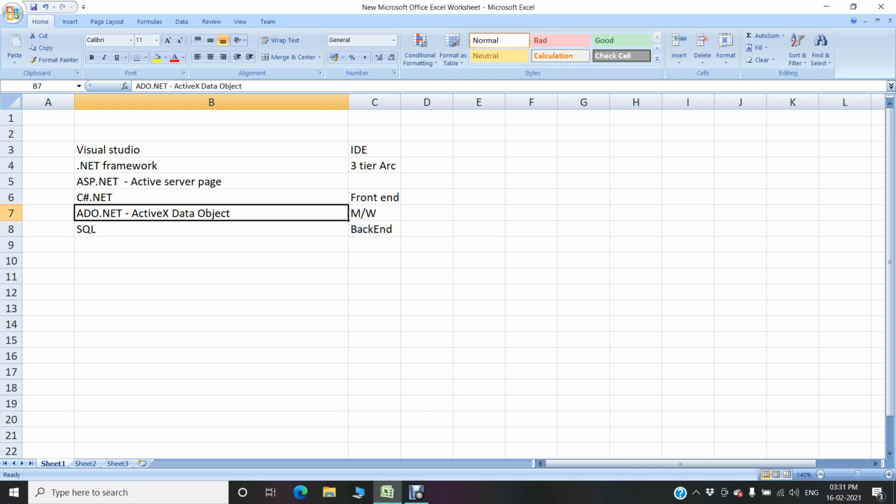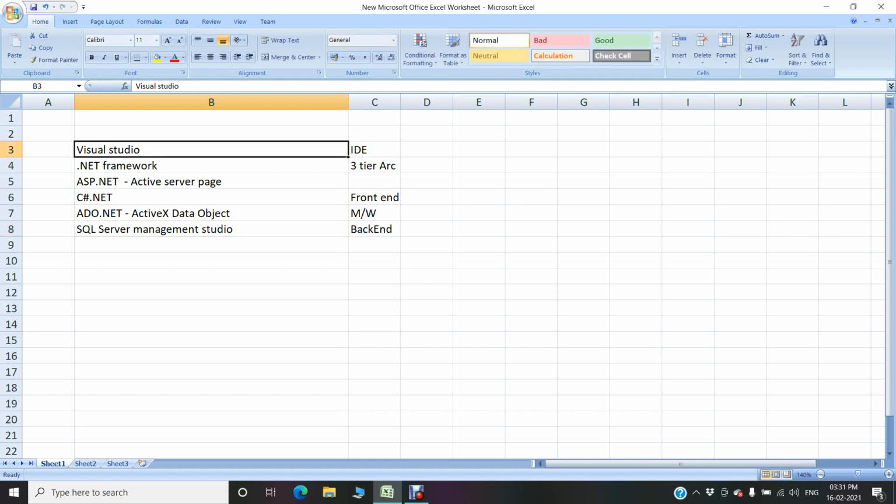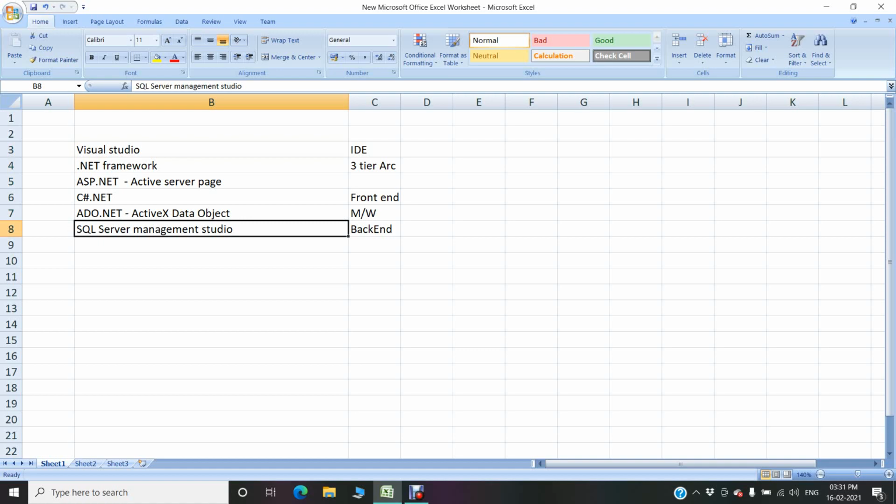ADO is a method for connecting the front end and back end. SQL is software used for the back end, so I use SQL Server Management Studio. So you got an idea, right? What is Visual Studio? What is .NET Framework? These are very basic things. Okay.